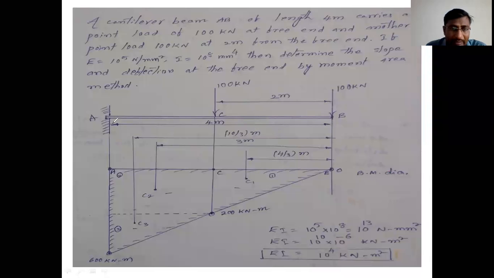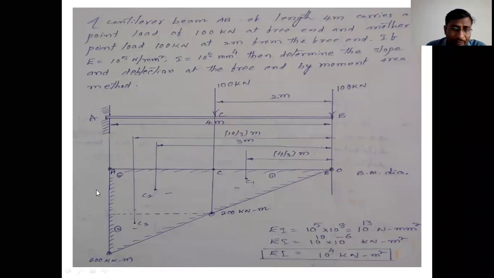As we know that upon application of load on the cantilever beam, we will get the maximum deflection at the free end, isn't it? And also the maximum slope occurs at the free end. If you draw the tangent at that point, we will get the maximum slope at that point. Dear students, so you have to find the maximum deflection at the free end and also maximum slope at the free end. Clear students?